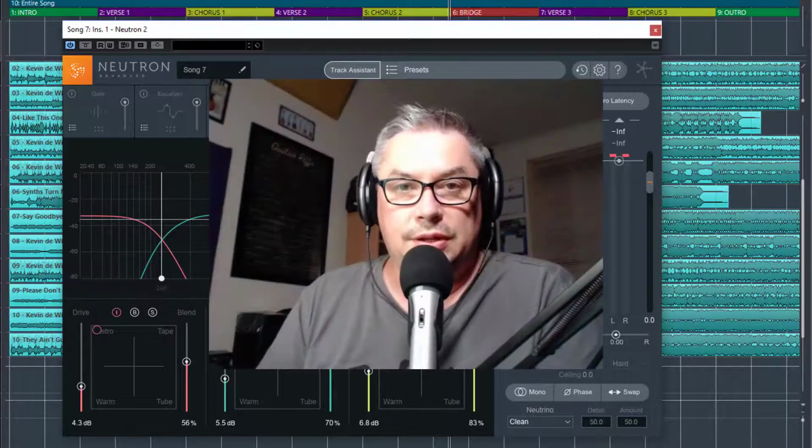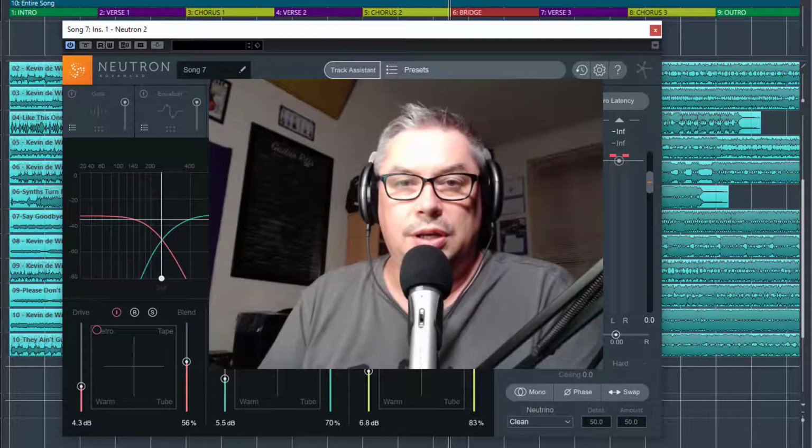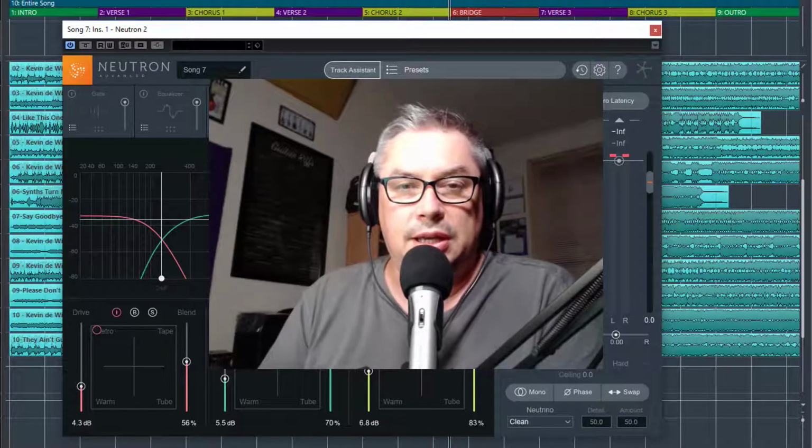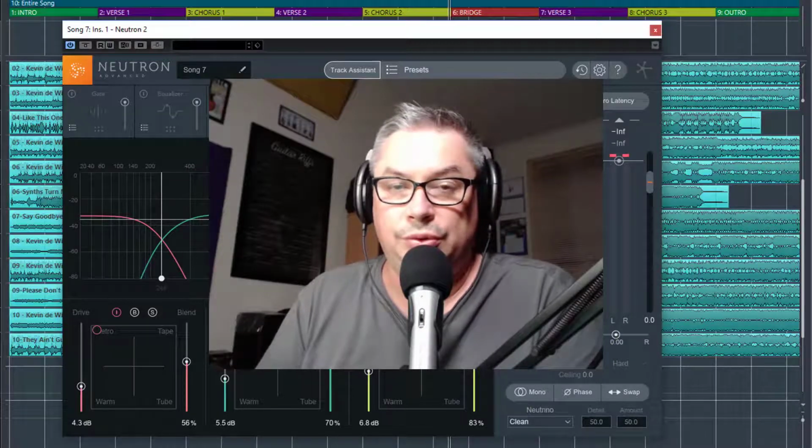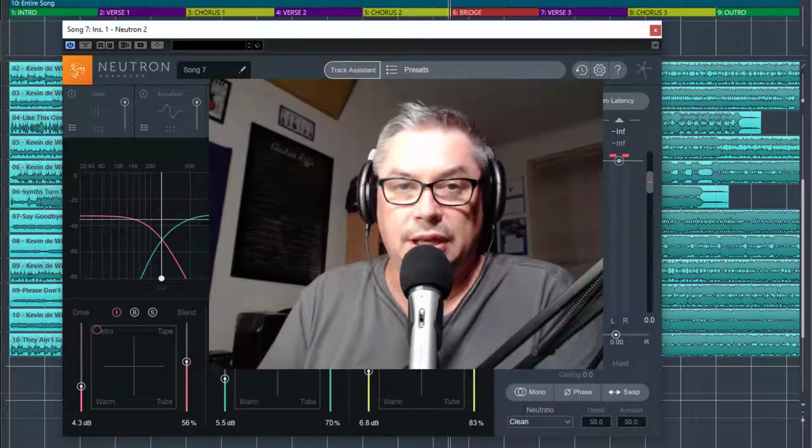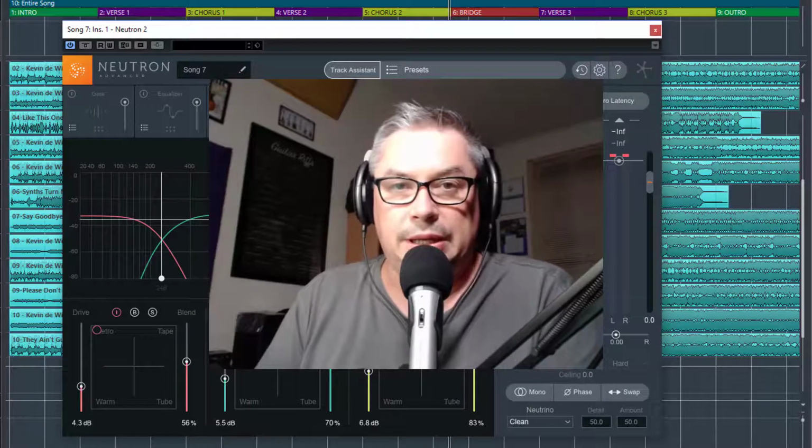Okay, so there you go. There's the Exciter section of iZotope Neutron. As you can hear, it can be used for adding some good character, etc. to your mix, but it can also destroy it entirely. And this is one of those plugins, especially with exciters, that it pays to